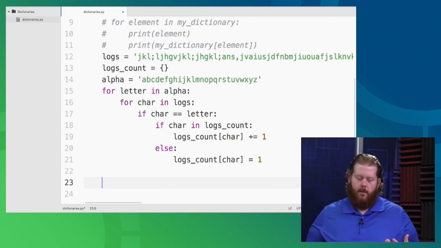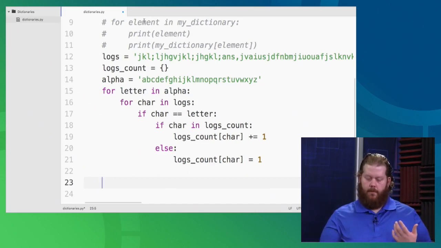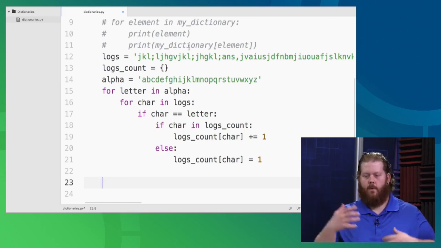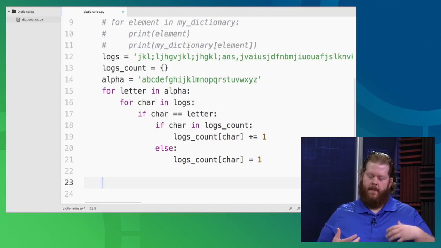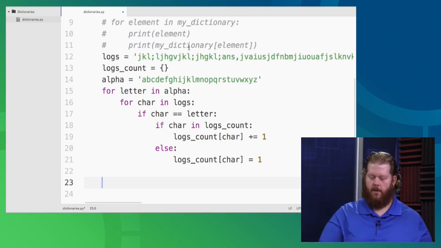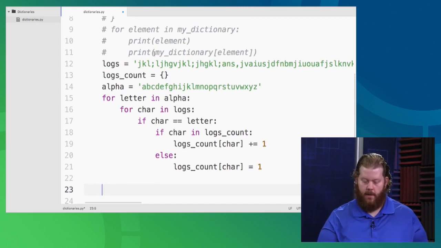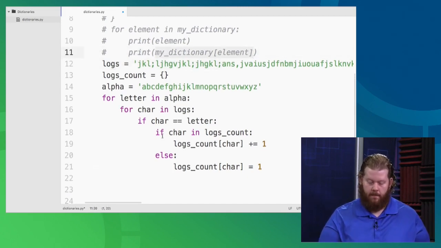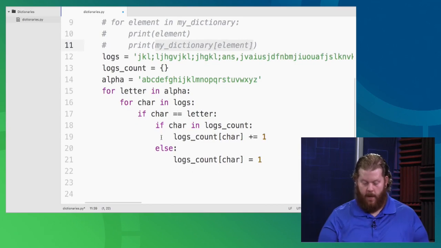We saw that we can use a for loop to print through the keys and then access the values. But sometimes we want to be able to access those more easily and see those relationships without using this syntax right here, my dictionary element or bracket element, or how the lookup would work.